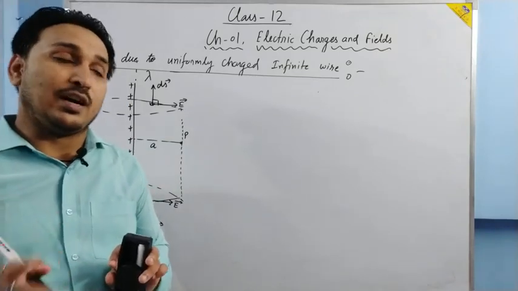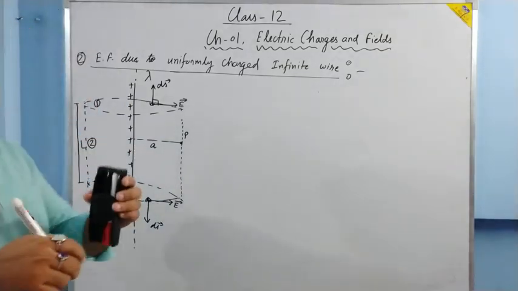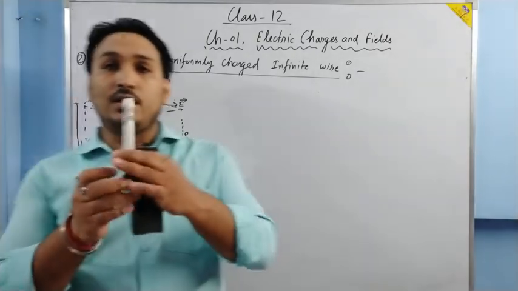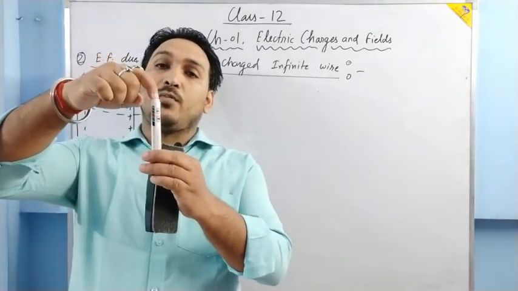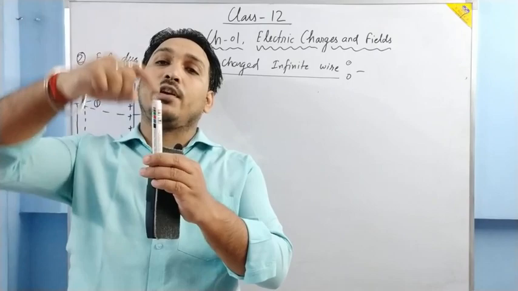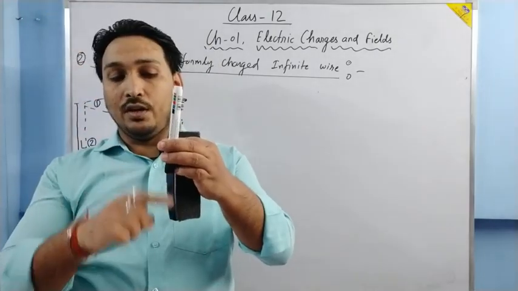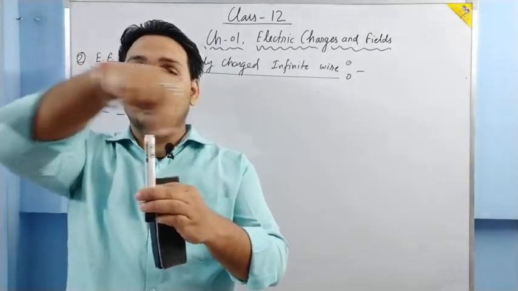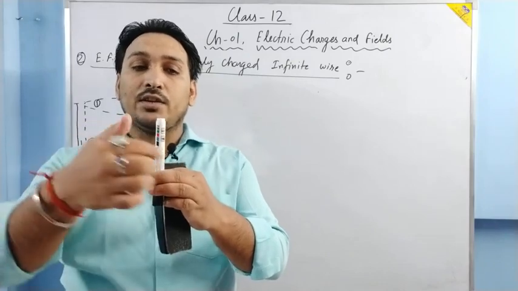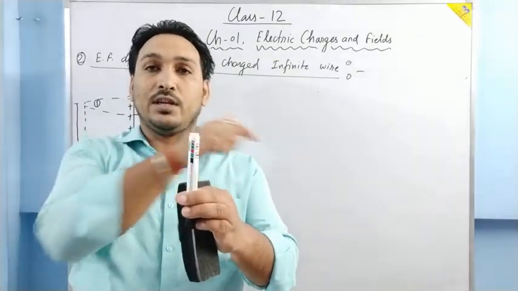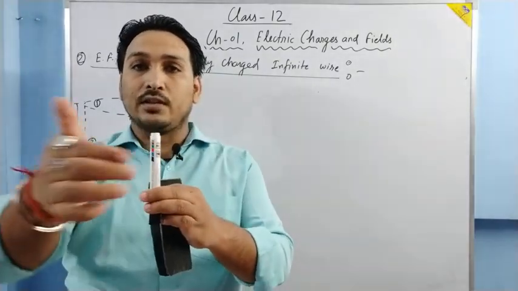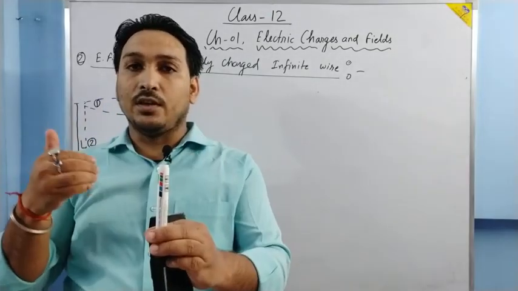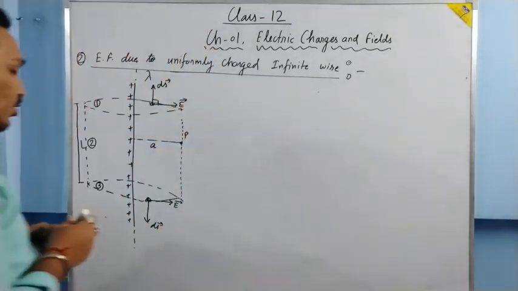So if this is a cylinder, suppose let this marker be a cylinder, at this surface a perpendicular will be drawn outward. So the area vector will be in this direction. Here the area vector will be in this direction. For the curved surface, here the area vector will be in this direction. Here in this direction. It is like this. Is it clear? So this is how the direction of the area vector is determined.